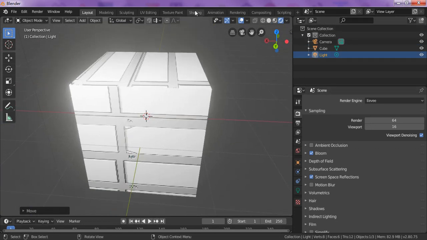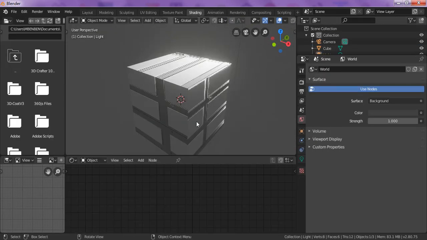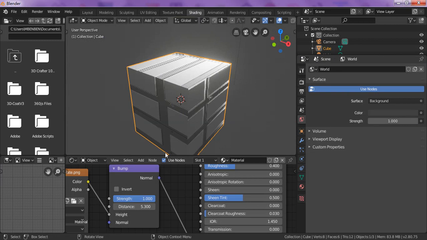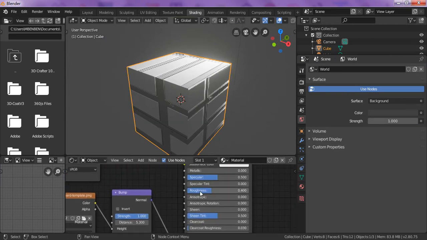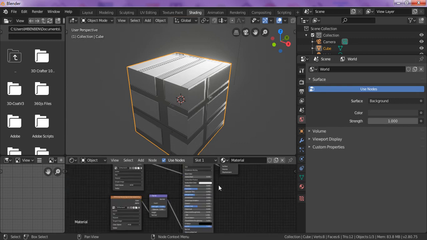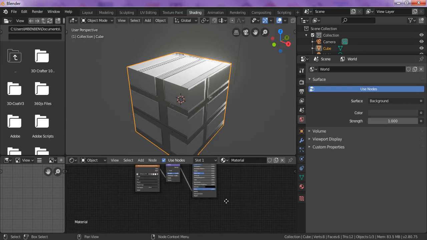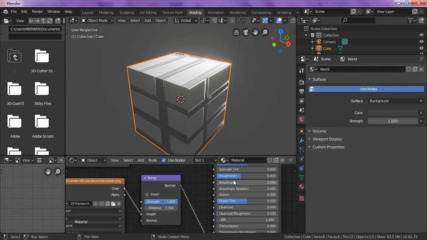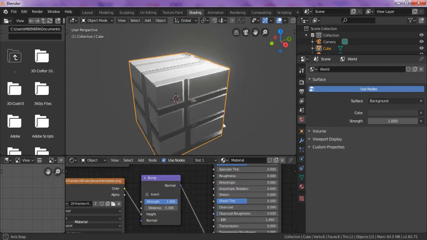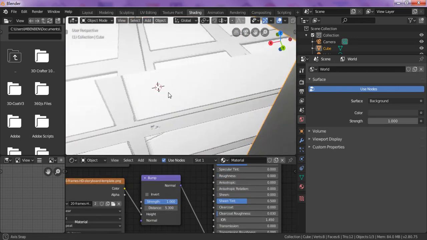What you do is you go back to shading at the top, and make sure you then select your object, or do it first. And then on the main big one, you can see this thing called roughness. It's on the big green one that it gives you in the beginning. Go to roughness and turn that all the way down, or up or down, however you wish, and that will give a shine